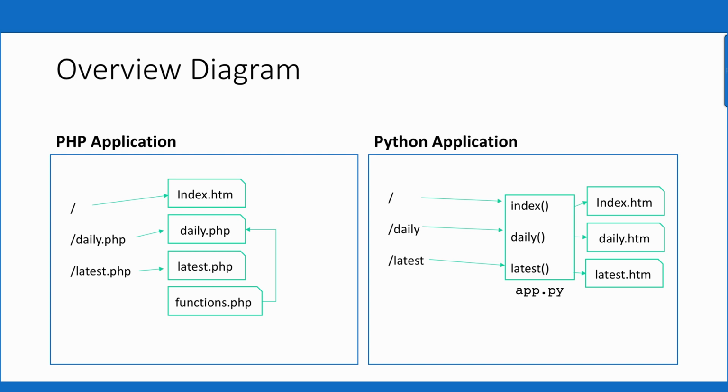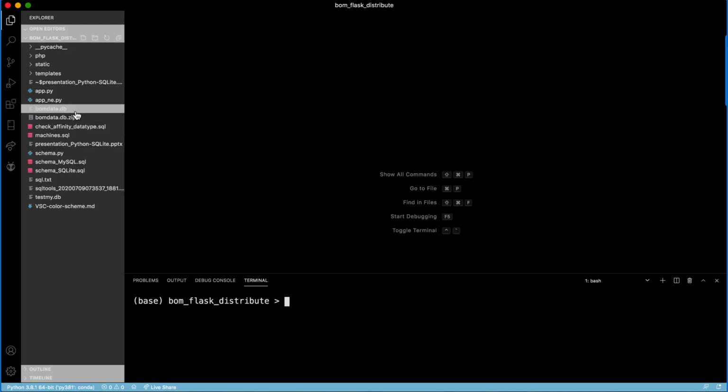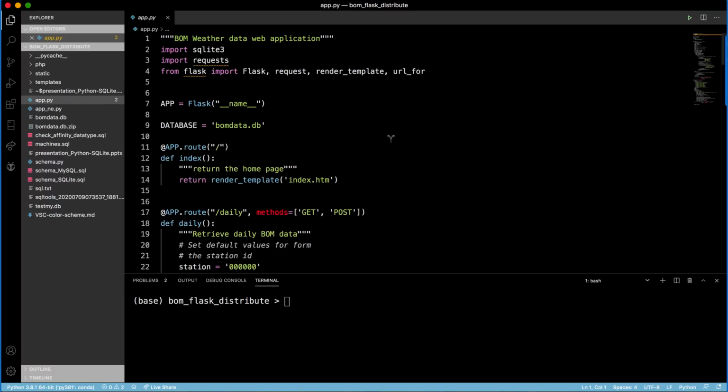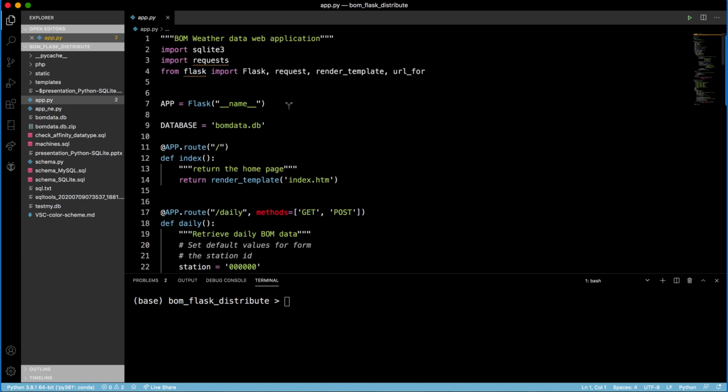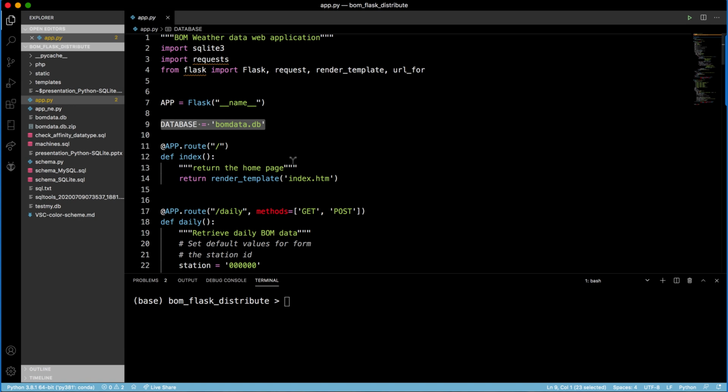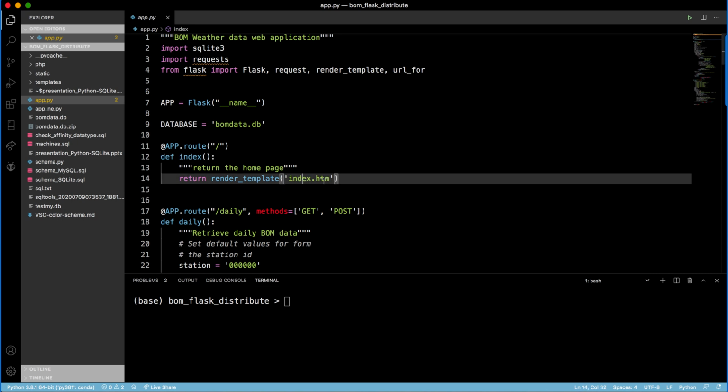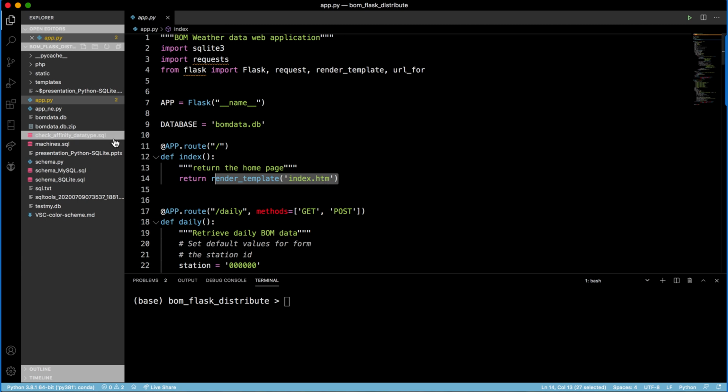Let's look at our example. Let's look at our main application file. Here we have Flask. We instantiate the Flask object. We set up the database file name. Our first route: here is the home link, and it's associated with the index function, and all it performs is returning the template. So if we look at the index template,